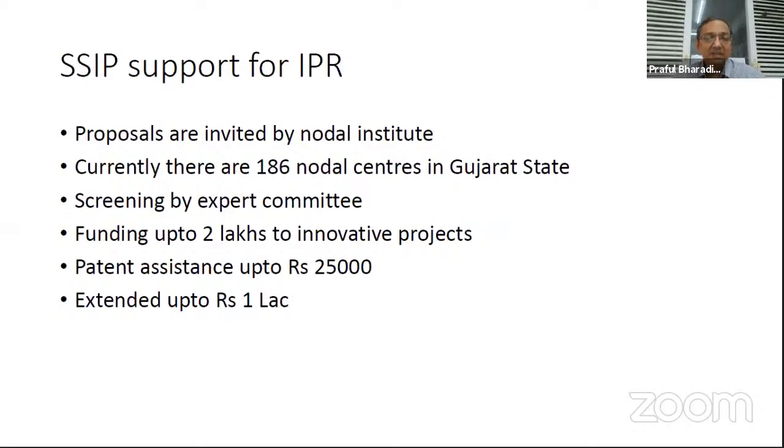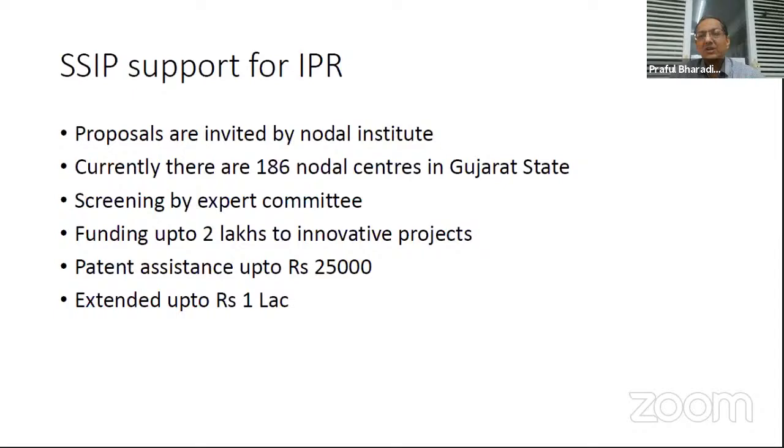And therefore, understanding this, and then there are other expenses which come up when the patent is published and it has to go for examination. We have to pay the examination fees, and then you have to maintain the patent also. But up to the examination fees and filing the responses, there may be cost incurred. Looking into all these costs, the SSIP has given a grant extension up to 1 lakh rupees. So this is a very, very welcome step which has been taken recently, and the students are taking benefit of that. So that is about the SSIP support which is available for generation of IPR, for filing of IPR, and